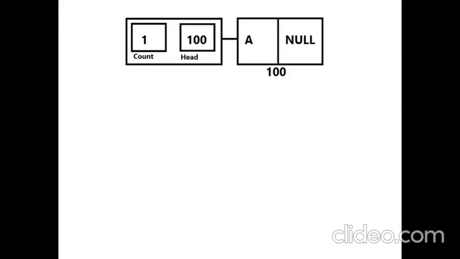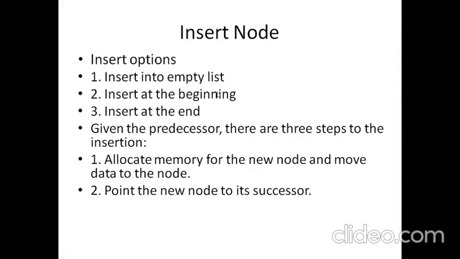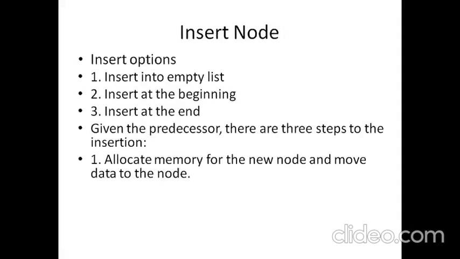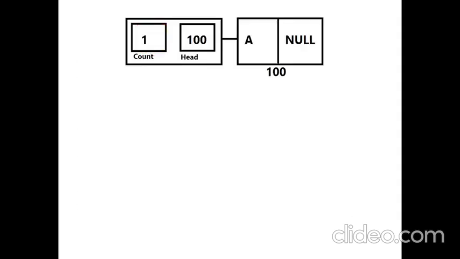So this is just an example of how the insert operation is done. Initially, in the previous case, we saw that a single node, the head only, was created. At that time the count is 0 and the head is null. Now from this we want to insert the first node. In that case it will be done like this. So we have got the first node inserted, which resulted in these changes.